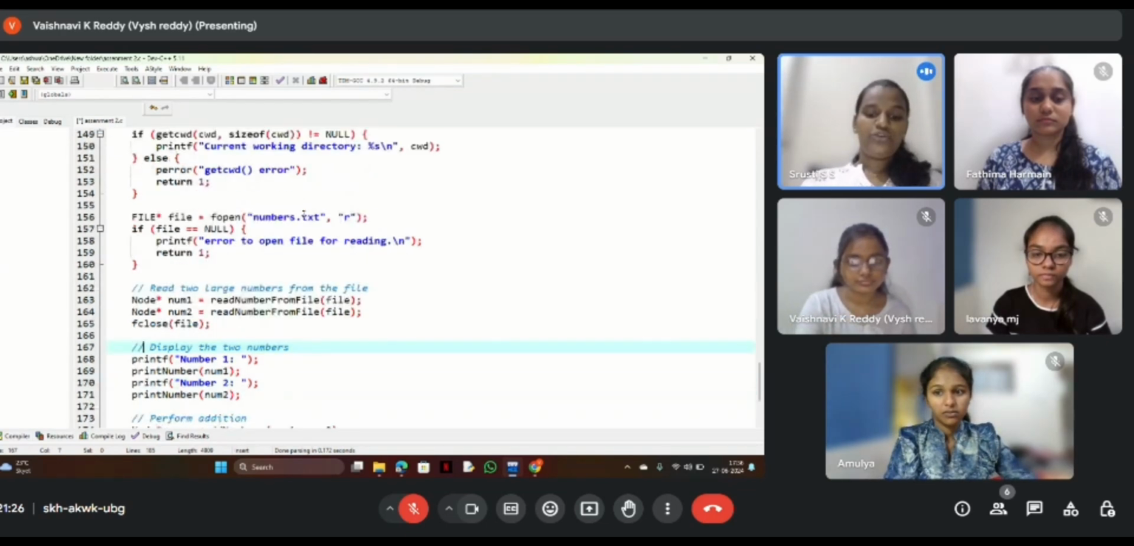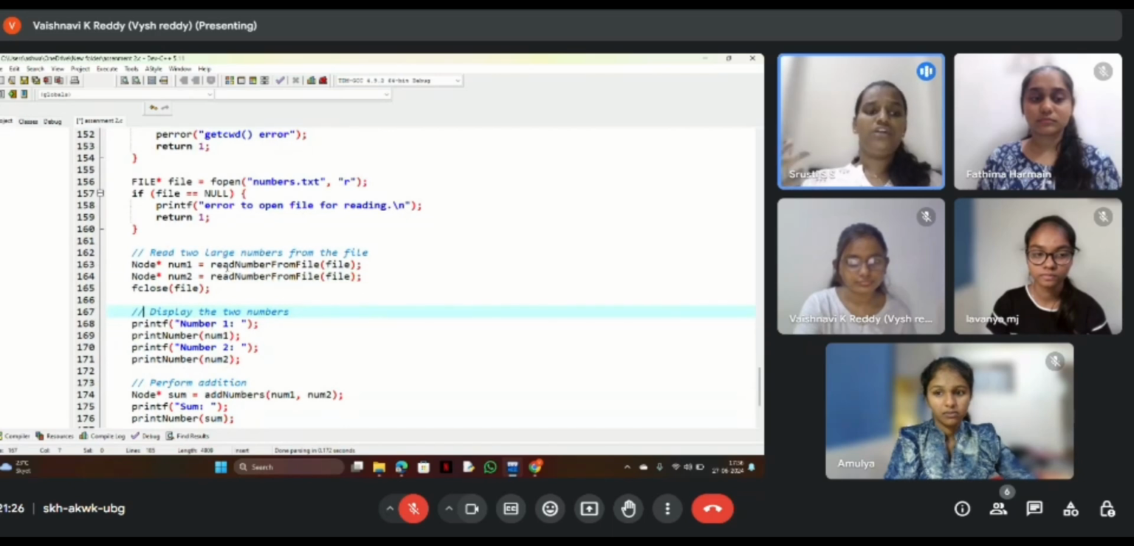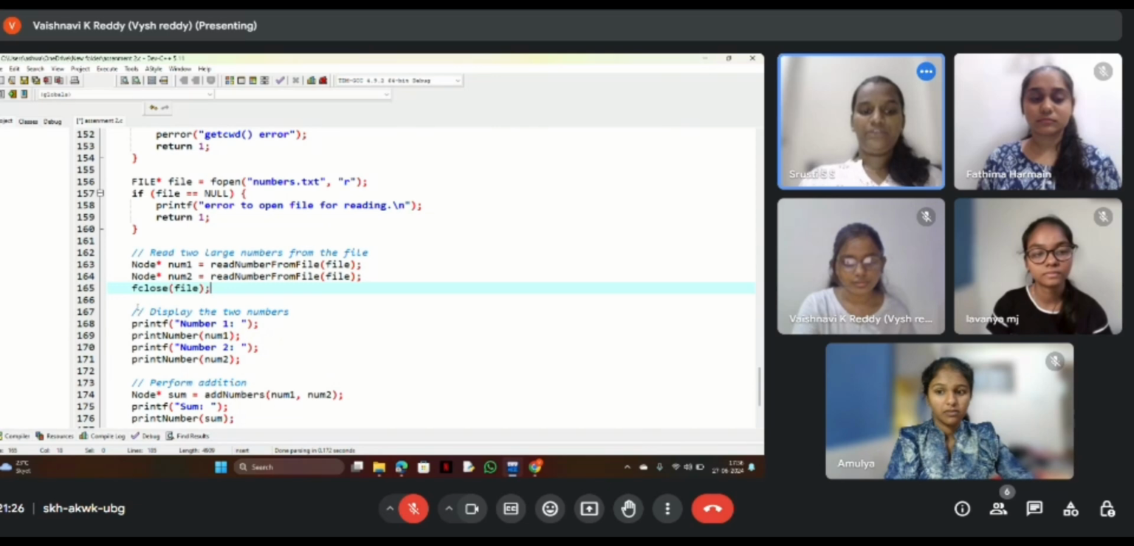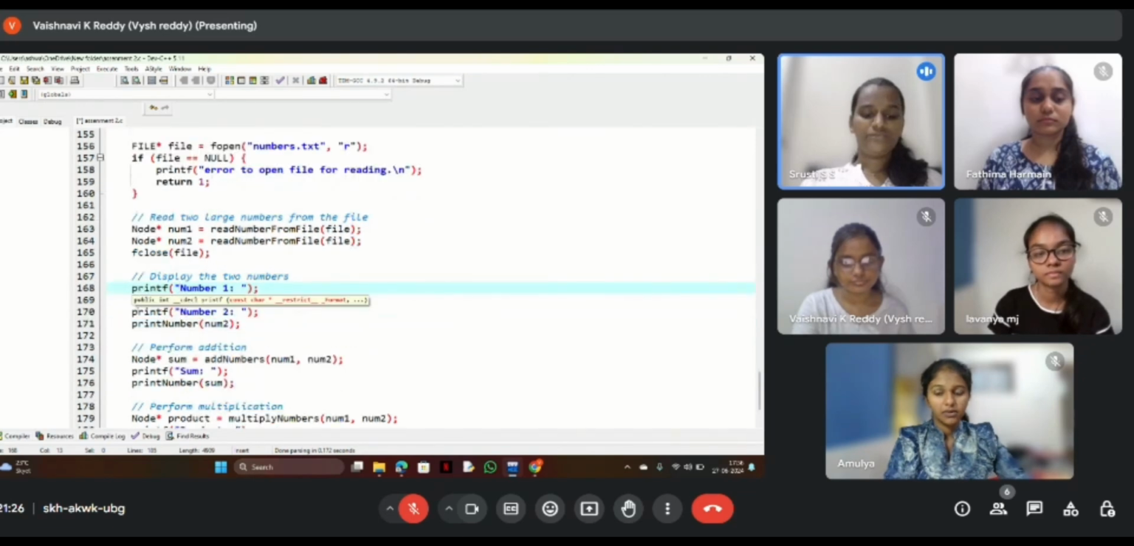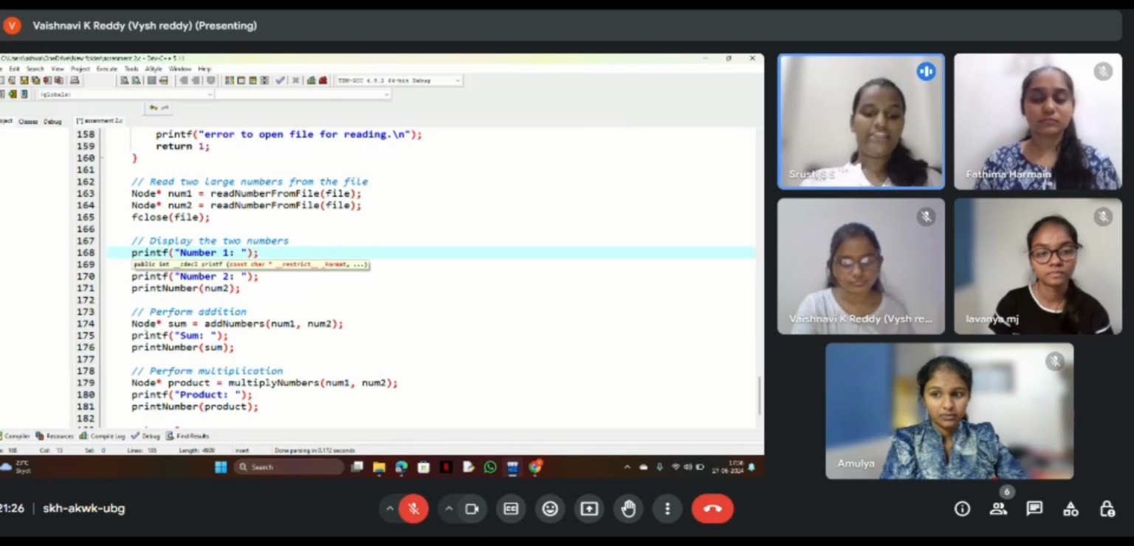From line number 162 to 165, it reads two large numbers from the file using the read number from file function and stores them in num1 and num2. In line number 165, the file closes after reading. From line number 168 to 171, it prints the first and second large numbers by calling the print number function for each. From line number 173 to 176, it adds the two numbers by calling the add numbers function and prints